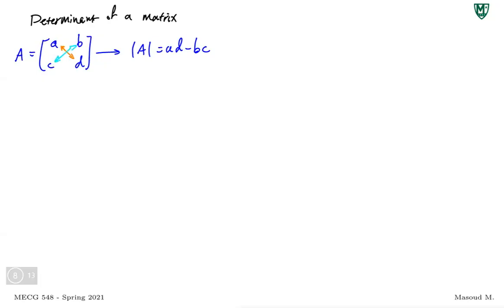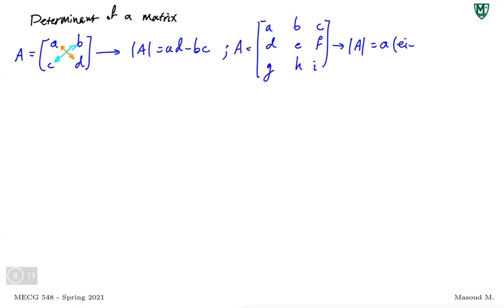Now if it becomes bigger, as a 3 by 3 matrix, what happens there? Let's say A is A, B, C, D, E, F, G, H, I, okay? The determinant of A would be A multiplied by, eliminating the row and column that element is part of, EI minus FH. And then minus B